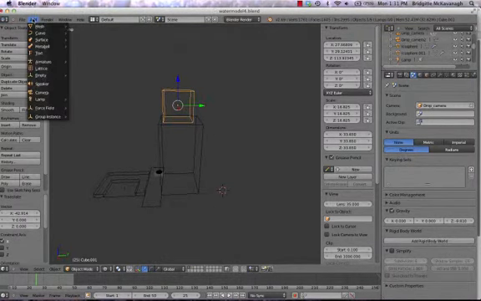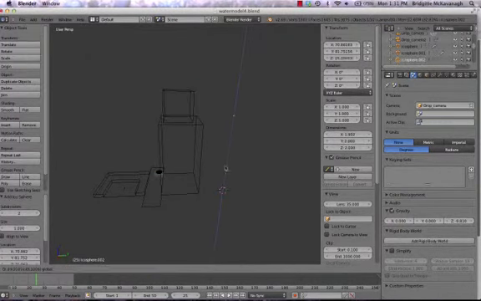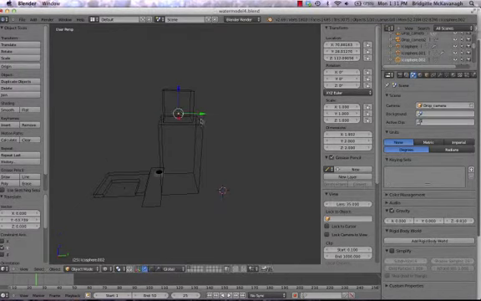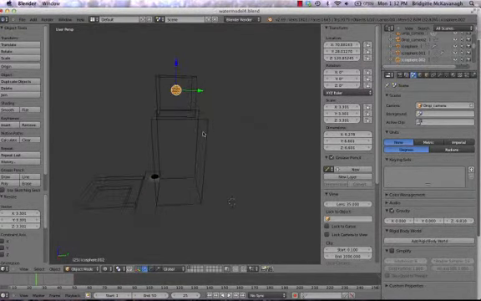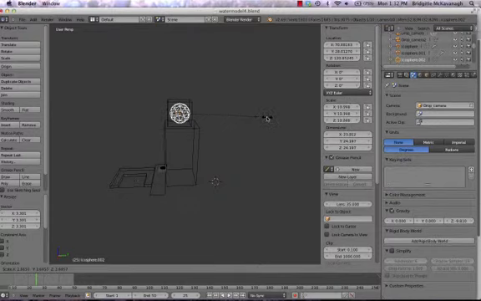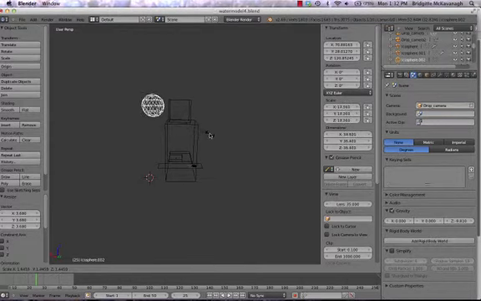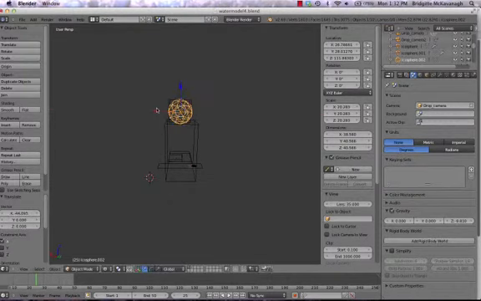So the next thing we need is to add another mesh, an icosphere, and this we will place inside the cube that we've just made. Scale it again by pressing S on the keyboard, and might make it a bit bigger, maybe even a bit bigger, something like that. And then we're going to position it inside the cube,